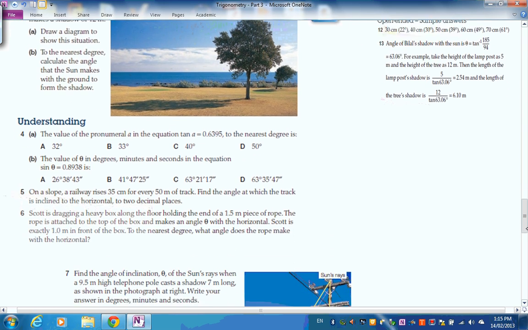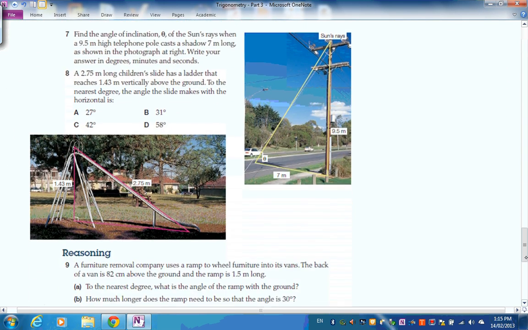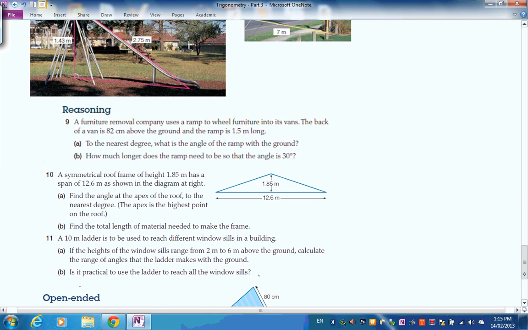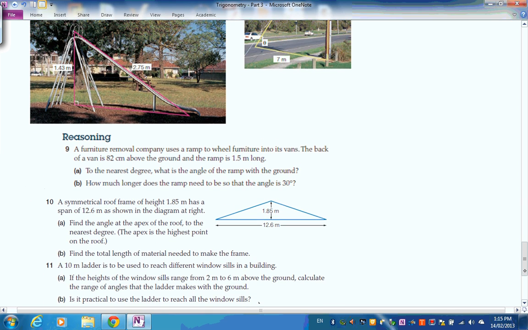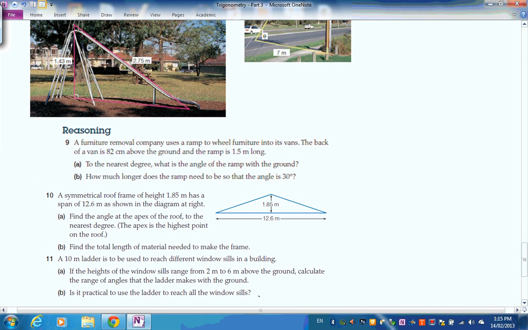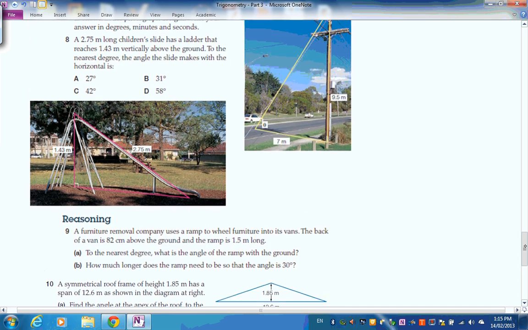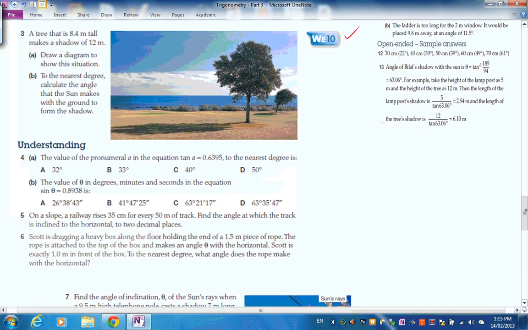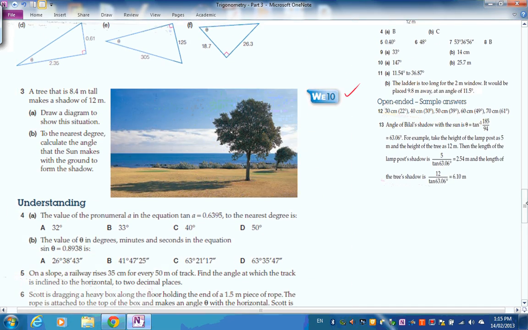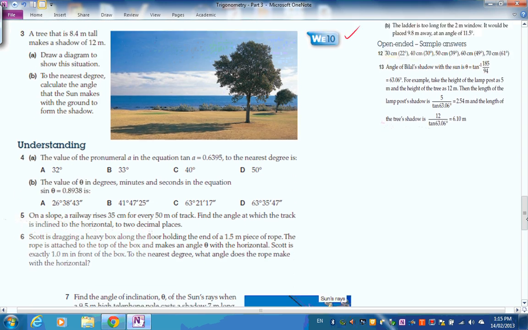Let's keep going. Here we have 9, 10 and 11. Let's leave it at those 3 there. Pause those. Plenty of exercises to practice with there. And did you get them right? Okay. 9, 10, 11 there. Okay. Then we'll go on